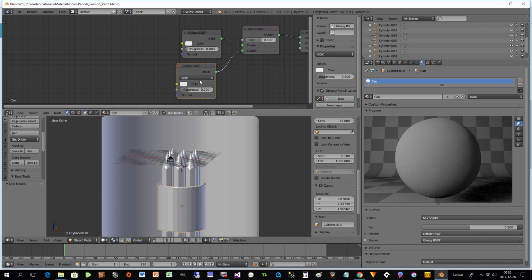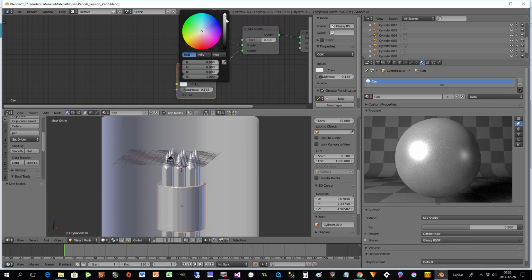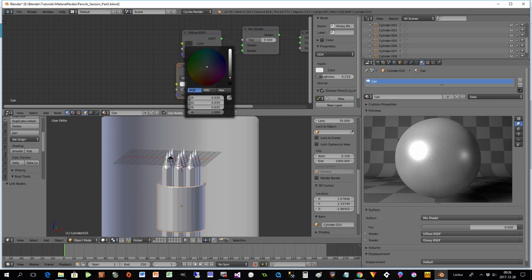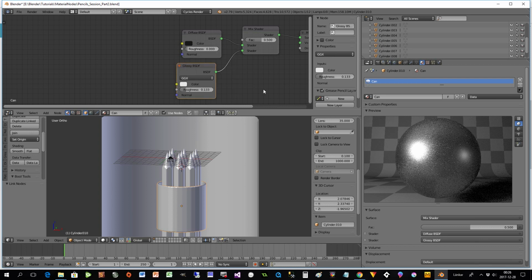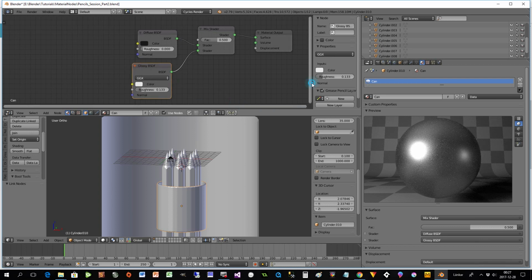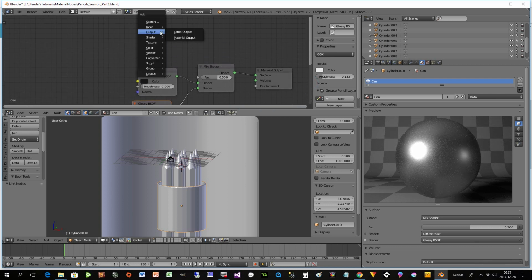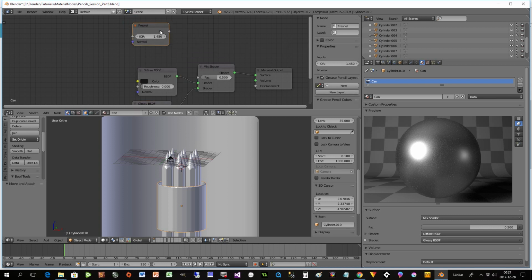Put them together, rather shiny and very dark with the diffuse. So I did something like that, and then I just added input Fresnel here and connected it,